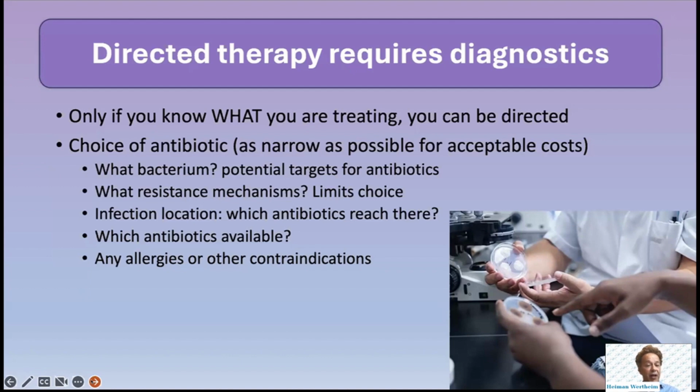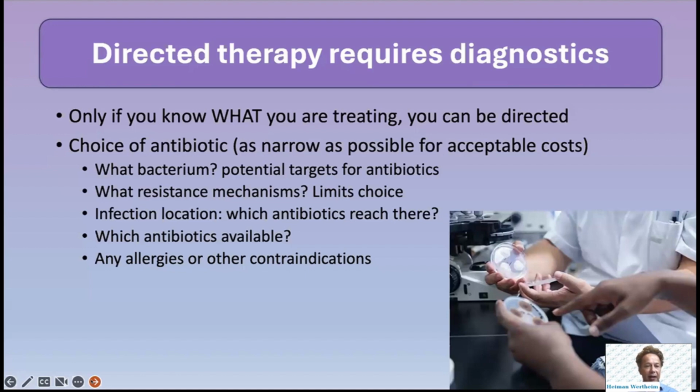Thinking about meningitis, for instance. But indeed, you have to think about the access of antibiotics. Do we have them available? And if not, can we talk to the leaders, to the pharmacist? Look, we really have a problem with this infection. We need these newer drugs, or even sometimes the old forgotten drugs, to be able to treat these infections. And allergies is, of course, another thing that limits your options, and you need alternative strategies, which we also provide